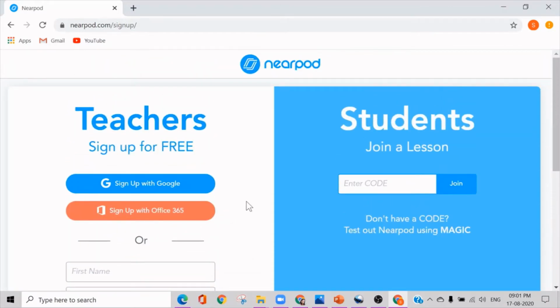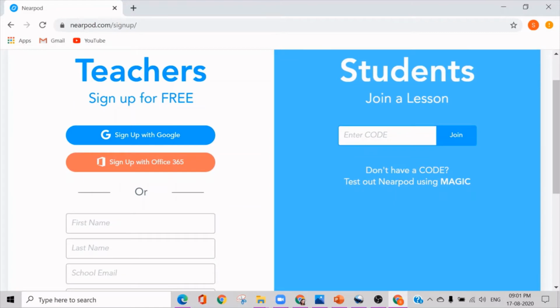And as I said earlier, for students, it's not mandatory that they should have an account. Without an account, they can just enter the code given by the teacher and join a lesson.